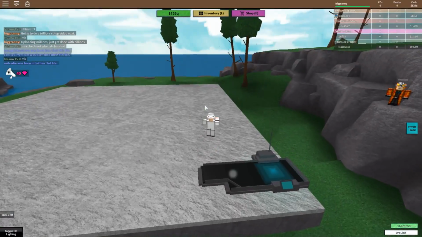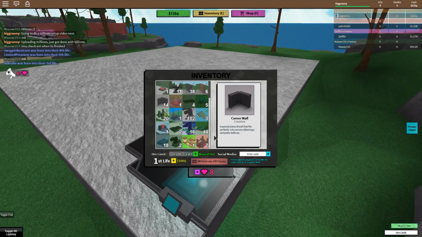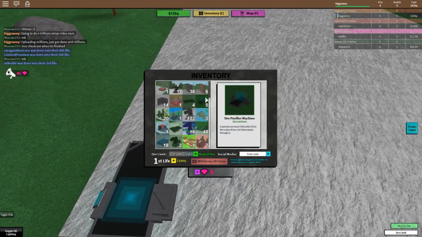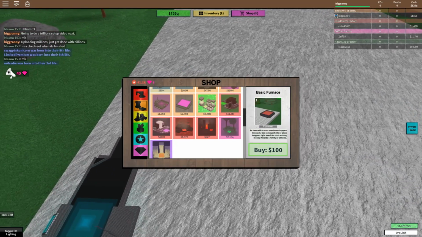So after you made multiple billions from my past setup, and if you're completely new to this, that's fine. This is a blue teleporter. You can use any kind of teleporter you want and a conveyor converter. So what we're going to do next is, since you've been making plenty of billions and you're ready to move